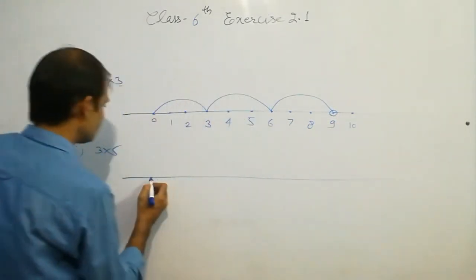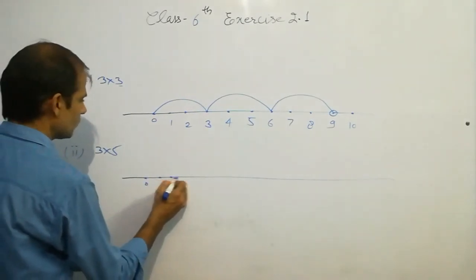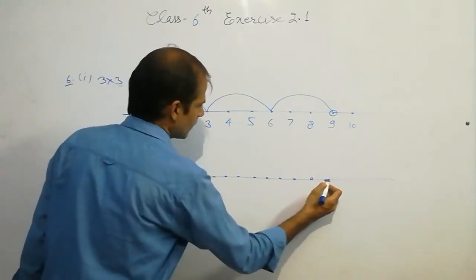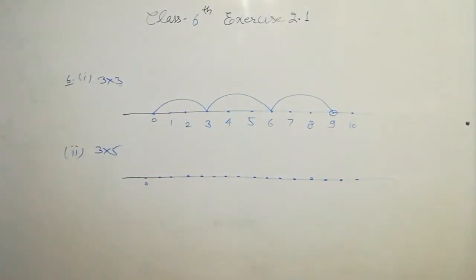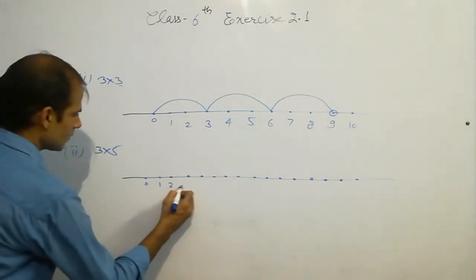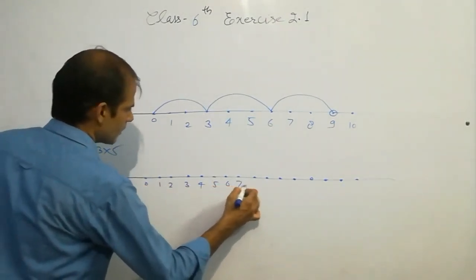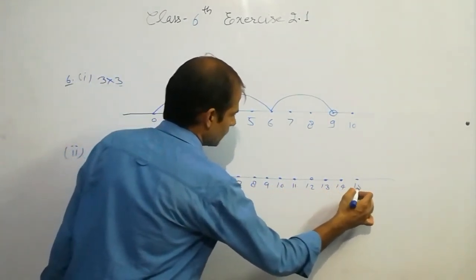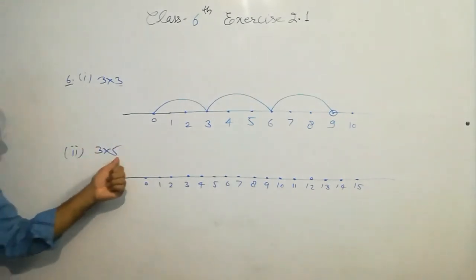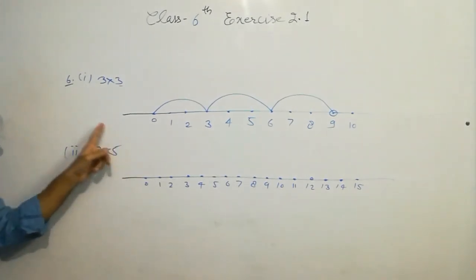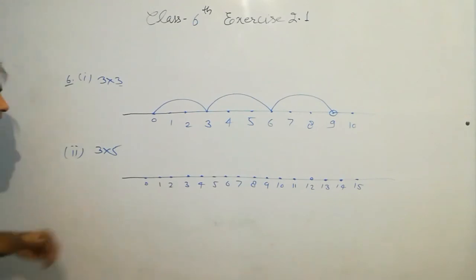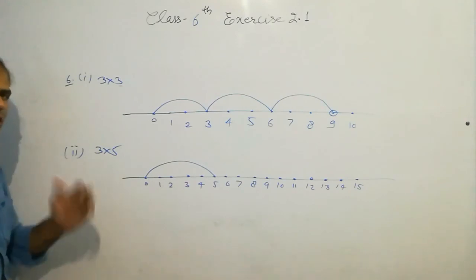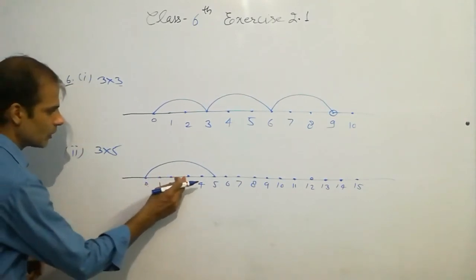This is the number 9. 0 1 2 3 4 5 6 7 8 9 10 11 12 13 14 15. Mention the numbers 5 6 7 8 9 10 11 12 13 14 and 15. See, focus at the second number. It is 5 and it is repeated 3 times. Okay, so where is 5? This is 5 and the distance from 0 is 5 units. 1 2 3 4 5.